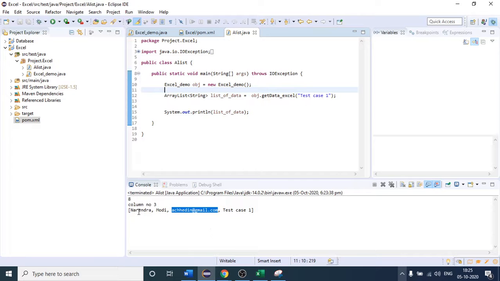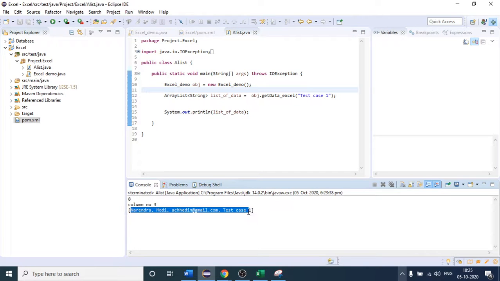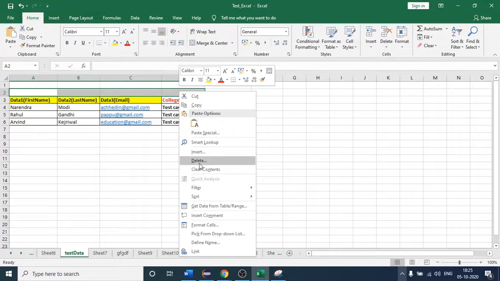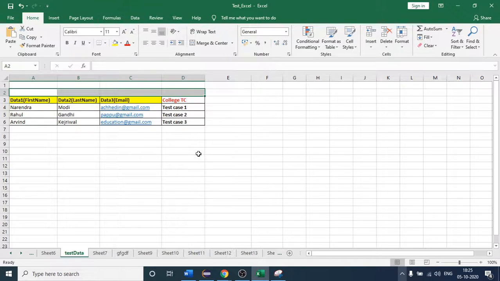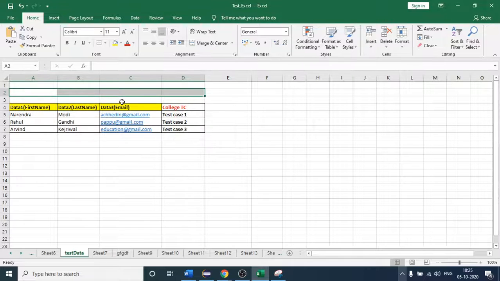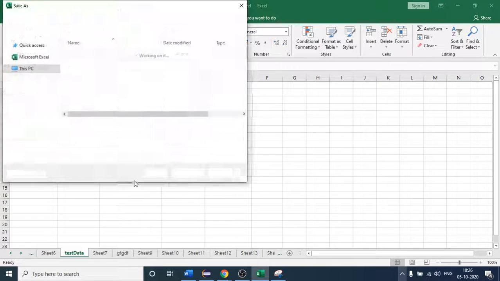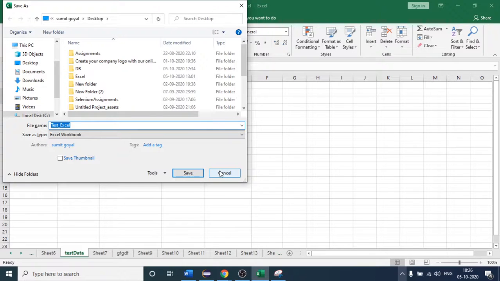Okay. So this is how we are going to get every data. And one more thing, even if you provide it like this, if I insert and shift cells down, suppose your table is somewhere in the middle, then also your test case is not going to fail.